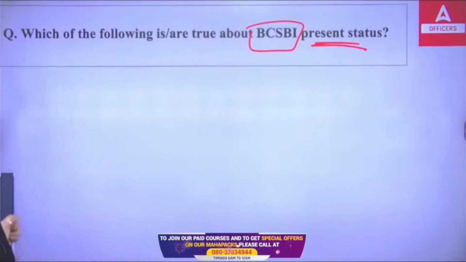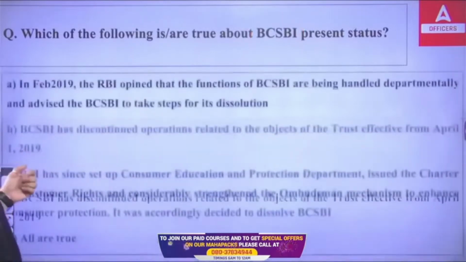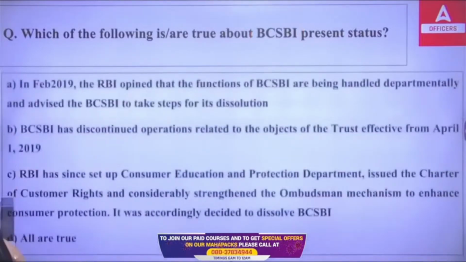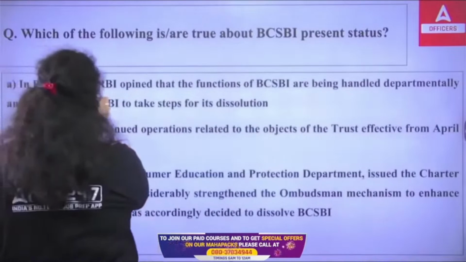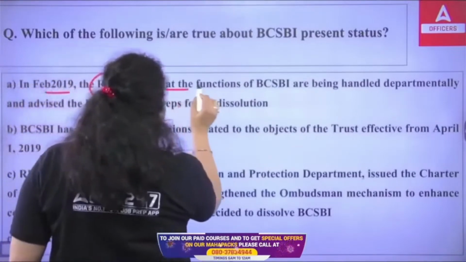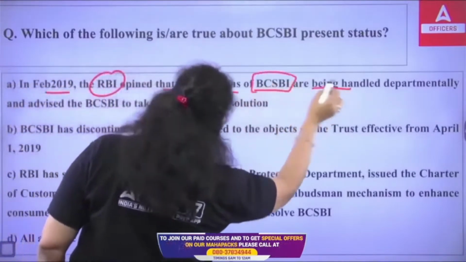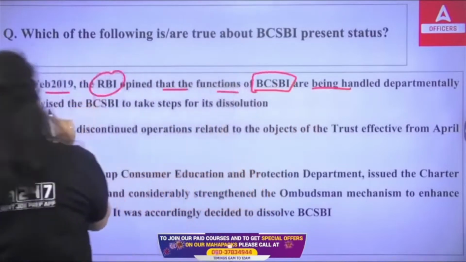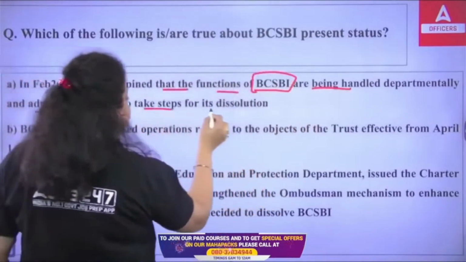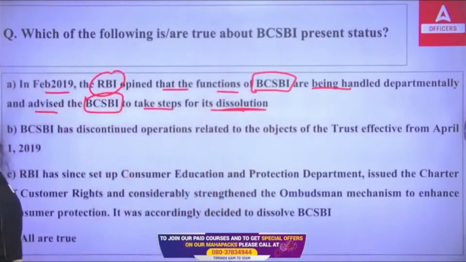Okay. So you can see here, these are the statements. Out of these, you have to tell which of the following is true. The first one is asking that in February 2019, RBI opined that the functions of BCSBI are being handled departmentally and advised the BCSBI to take steps for dissolution. Like it has to be